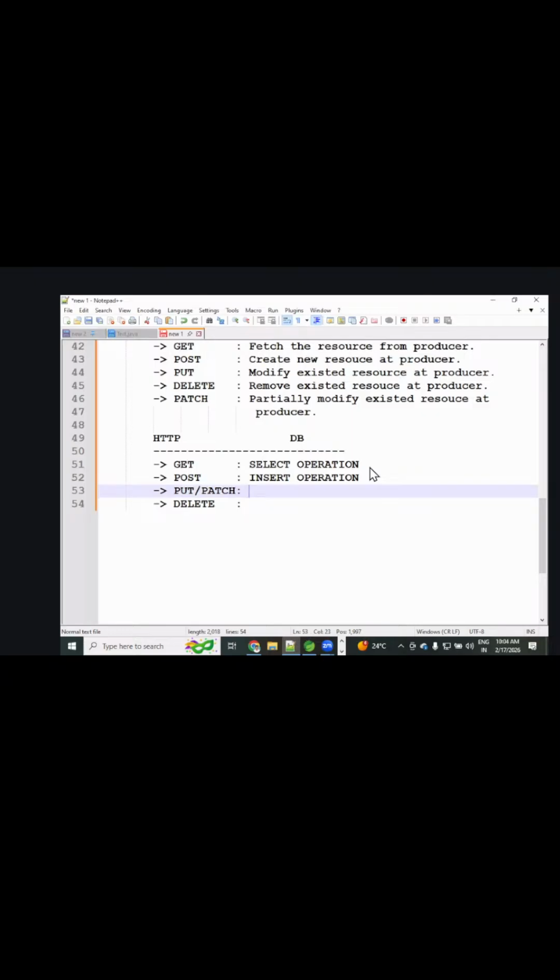Right. Put or patch, it is performing what? Update operation. Delete, for what? It deletes the record. Delete operation. I hope you got the clarity.